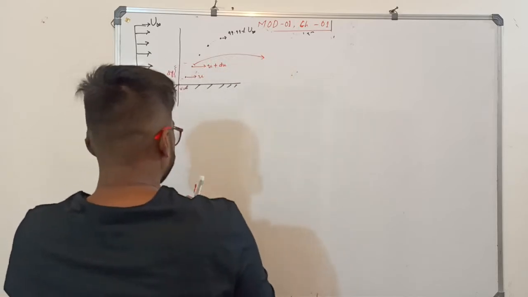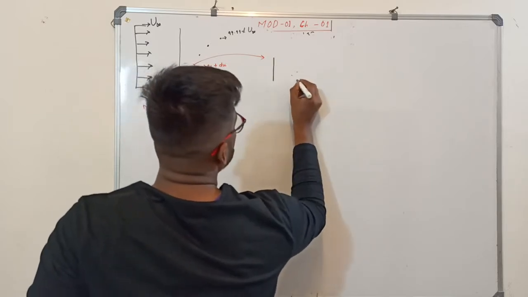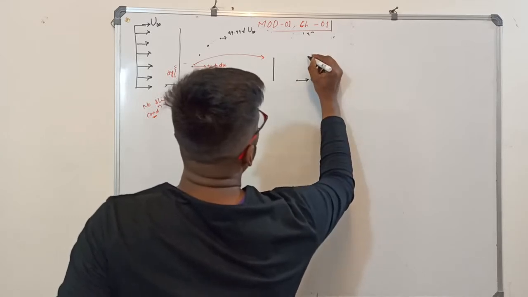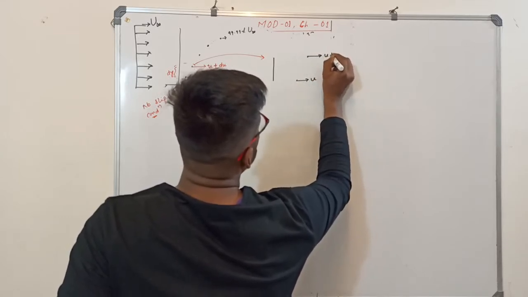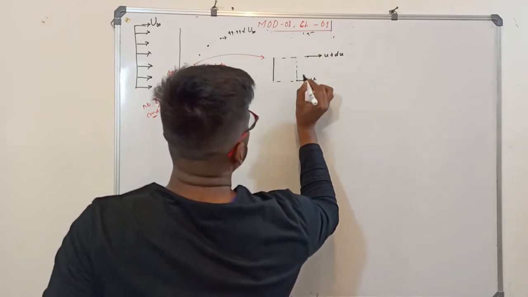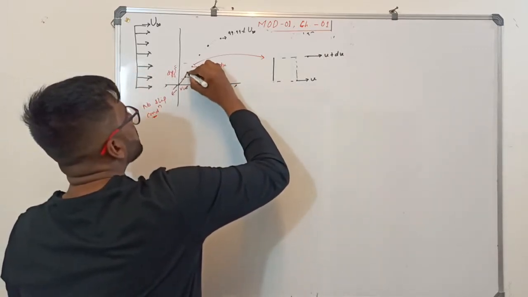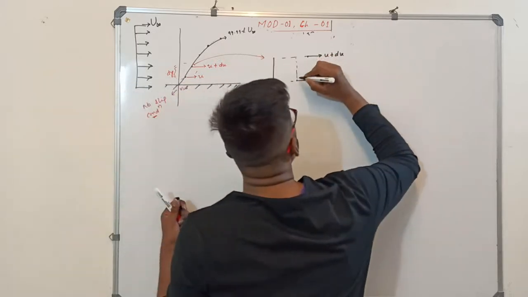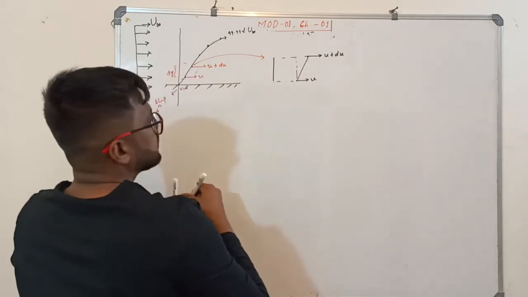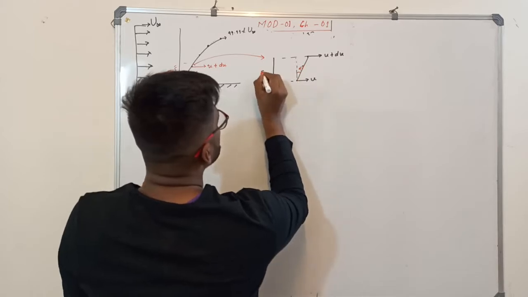ठीक है. Now this thing only I will represent here. See this, what I am writing? ऐसा है. यहाँ पर you have velocity u. Here you have some velocity u plus du. These two are very adjacent, very near to each other. So instead of drawing something like this, I will draw this as a straight line. It's almost a straight line. Let's say the angle between them is d theta. What is the angle between them? d theta. How much is this? dy.